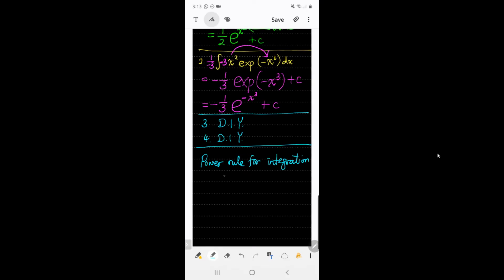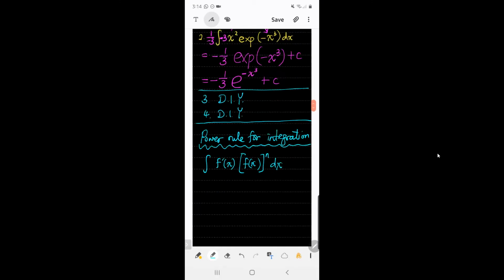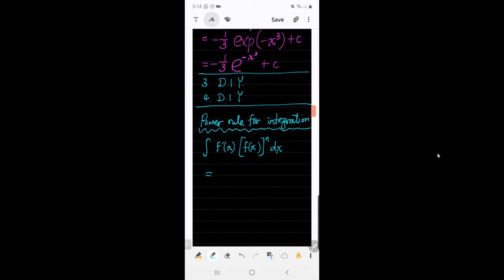I think most of you know that the integral of f prime of x times f of x to the power n dx is equal to, provided the f prime is in front, the differentiation of the bracket is in front, then you can integrate this to f of x to the power of n plus 1